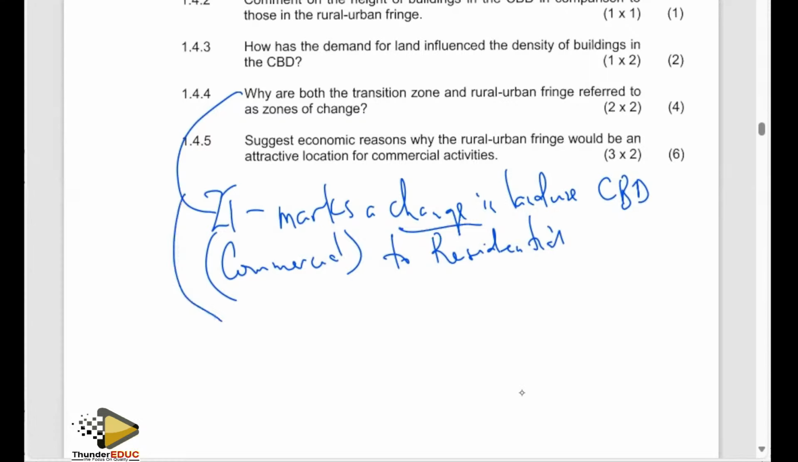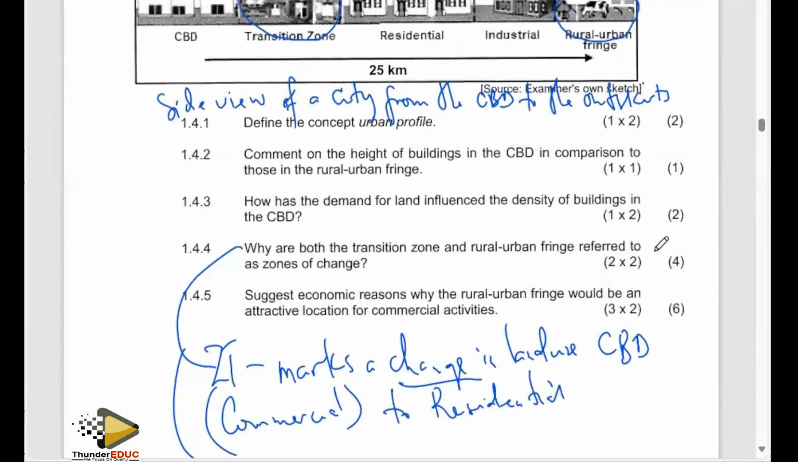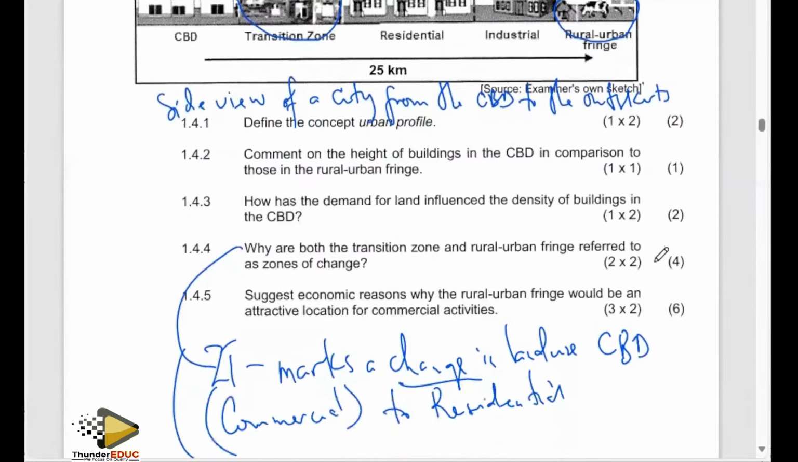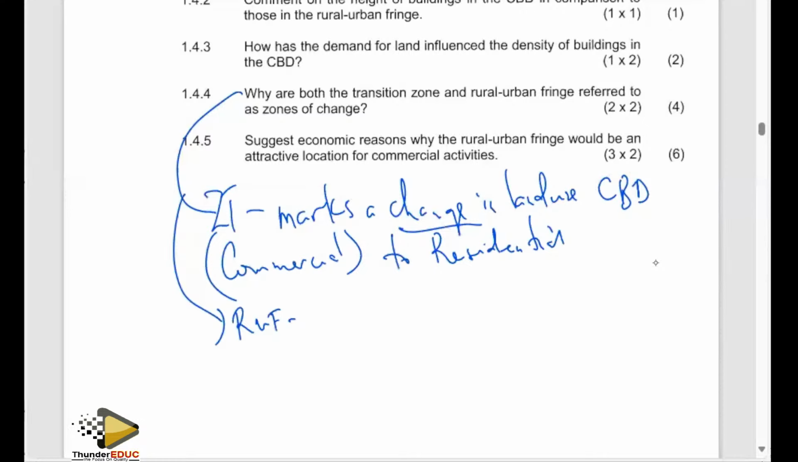And also if you check the rural urban fringe, it is also a zone of change. Why are we saying it's a zone of change? We said it has mixed functions. It's also a transitional zone. There's change there which is happening. It is demarcating commercial, industrial activities which are part of the urban area, and to the extreme, the town has come or the city has come to an end, which means you're going to a rural area. So it is also marking a change in land use